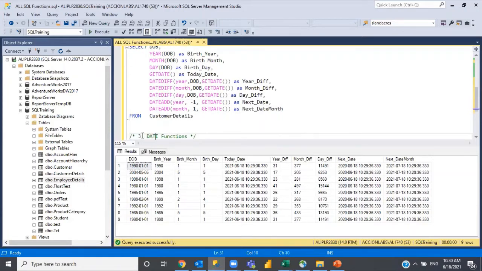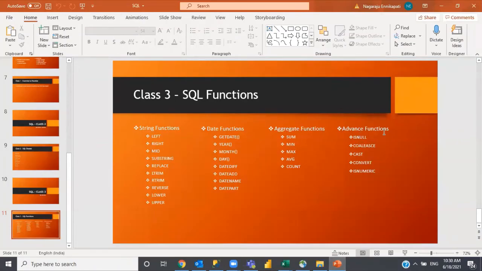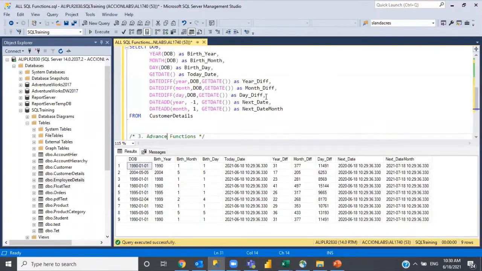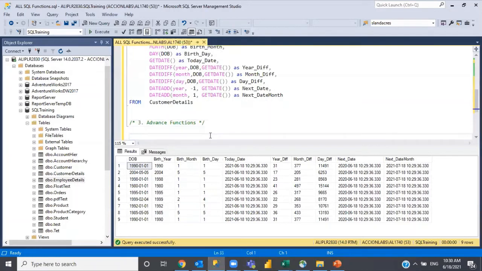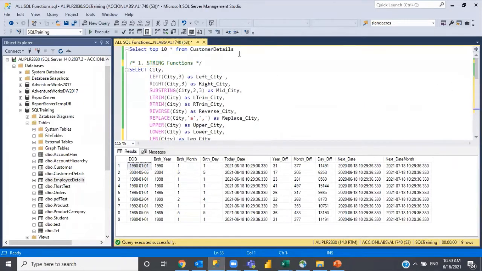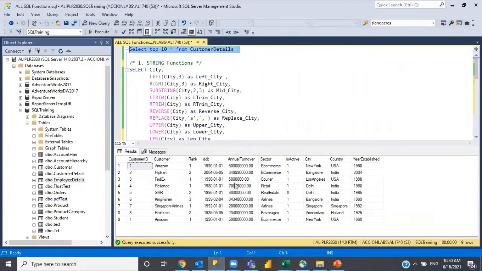So now we will move on to the next set of functions, okay, which is let's say advanced functions. We'll come back to the aggregate functions. We'll see some other functions, whatever we have here. Now, suppose I want to search whether there is any no data in this particular customer column, or maybe the city column. If there is no data inside this column, then obviously SQL Server will show it as a null value.